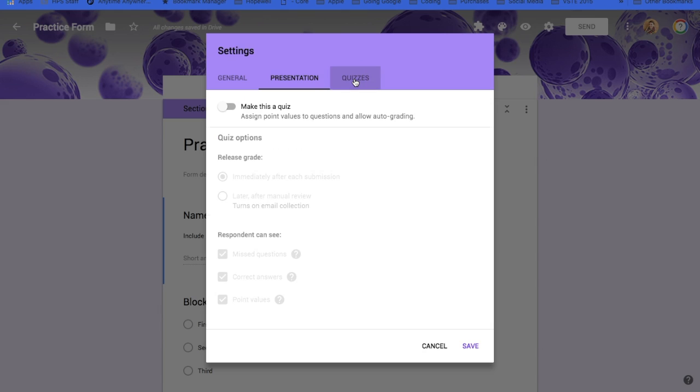And then last but not least, the quizzes feature. By turning this on, you actually turn it into a quiz, and it allows you to assign point values to questions, choose the correct answers, and decide when to release the grades. If you have just blank multiple choice or very easy answered ones, then you can submit it and have the grades